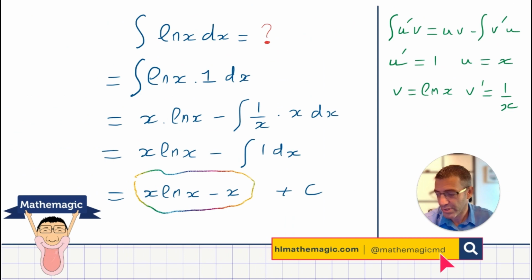So this is a fun little question using ln x as the function that gets differentiated and 1 as the